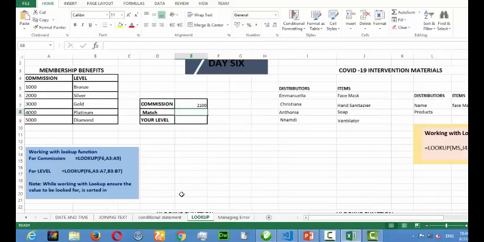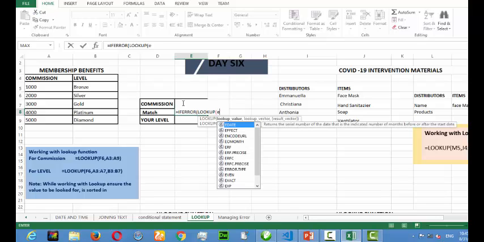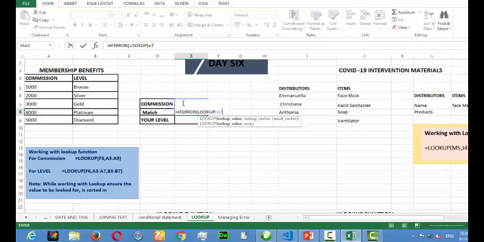By clicking on here, the VLOOKUP. Here I'm going to find what? The VLOOKUP, but I'll be using the IFERROR to manage it. So here I will type equal to IFERROR, then VLOOKUP. If you remember, VLOOKUP of this, which is E7, comma, the whole of what I have here. Is that not? Now when you are done with this, don't forget this is the VLOOKUP itself, but the comma here